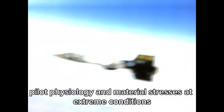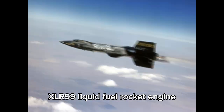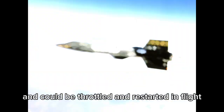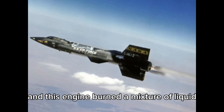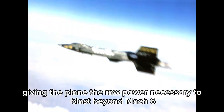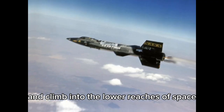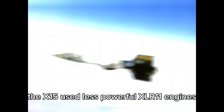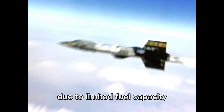at extreme conditions. The X-15 was powered primarily by the Reaction Motors XLR-99 liquid fuel rocket engine, which was capable of producing 57,000 pounds of thrust and could be throttled and restarted in flight, a revolutionary feature at the time. And this engine burned a mixture of liquid oxygen and anhydrous ammonia, giving the plane the raw power necessary to blast beyond Mach 6 and climb into the lower reaches of space. Though during the earliest flights the X-15 used less powerful XLR-11 engines borrowed from the Bell X-1 program until the XLR-99 was ready, because it could not take off from a runway under its own power due to limited fuel